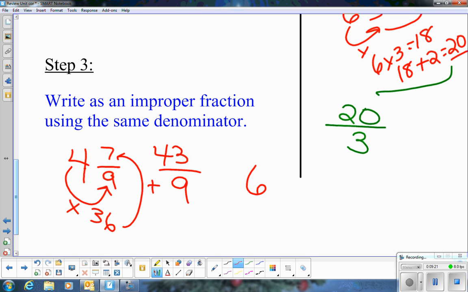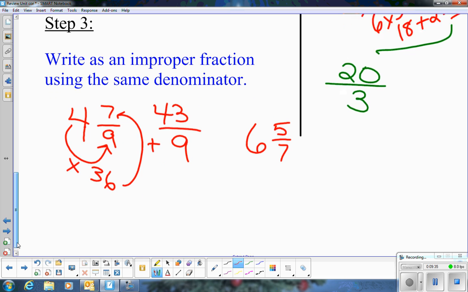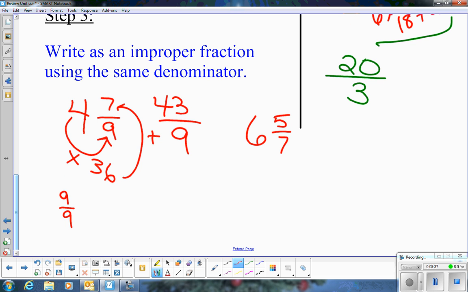How about 6 and 5/7? Because think of the whole number as a whole, and if I were to do the one whole, each whole would be 9/9, right? Because that means 1. So 4 of them is 4 times 9 in that case. So in this case, my whole is 7/7, and if I have 6 of them, I'm going to do 6 bunches of 7. 6 times 7 is 42. And then I have those 5 left over on the side, so that makes